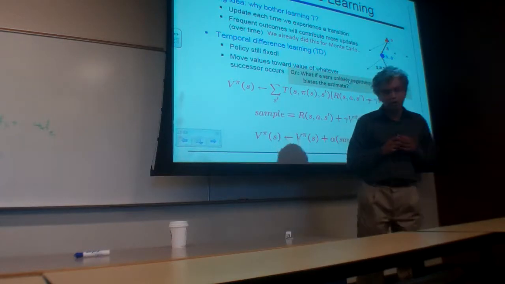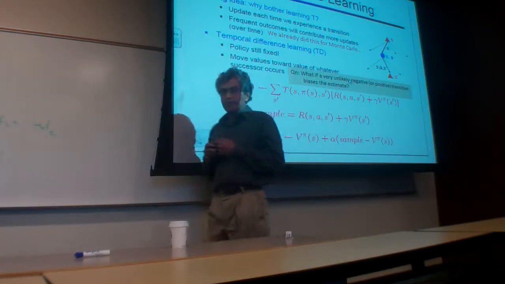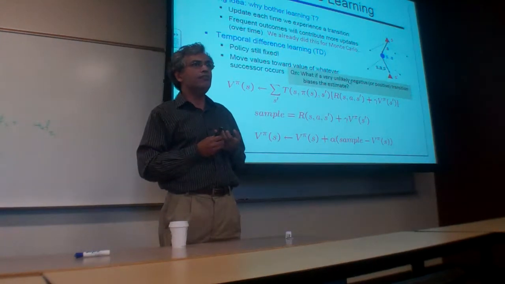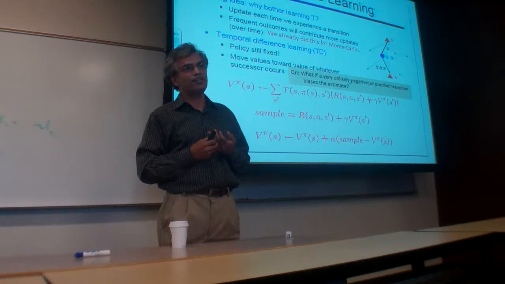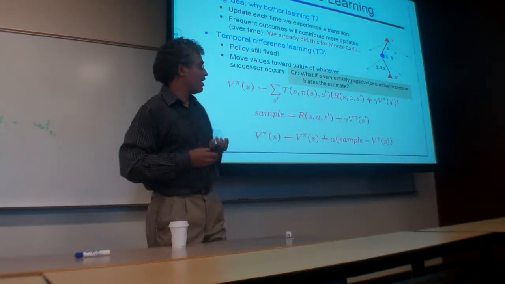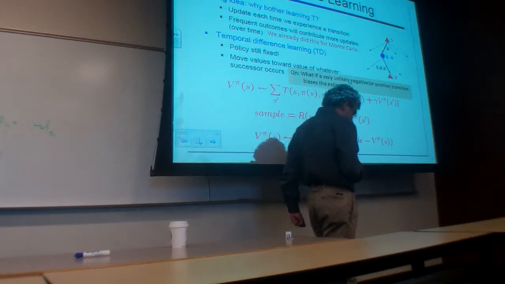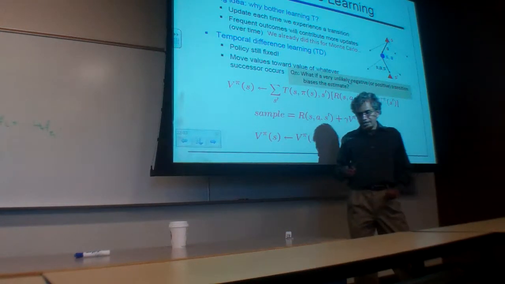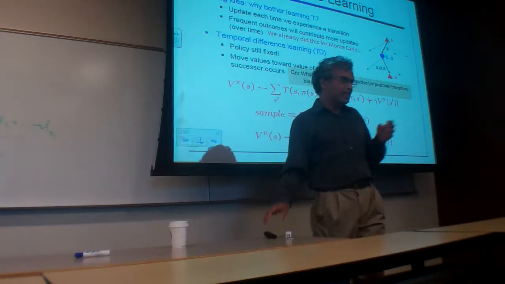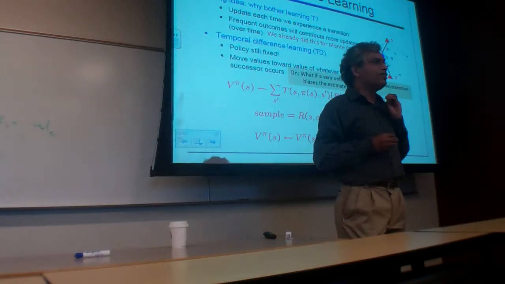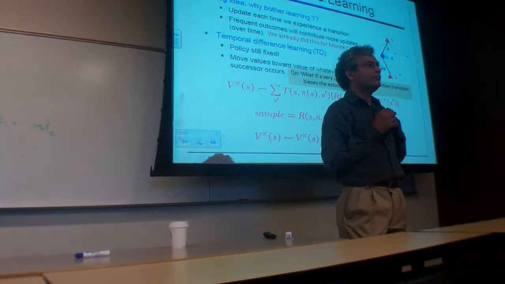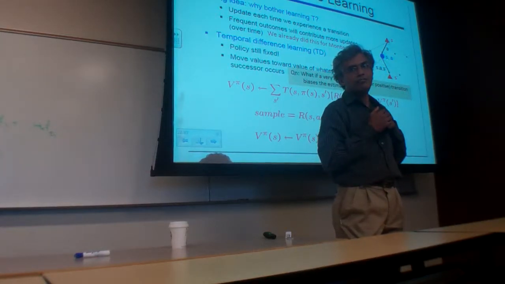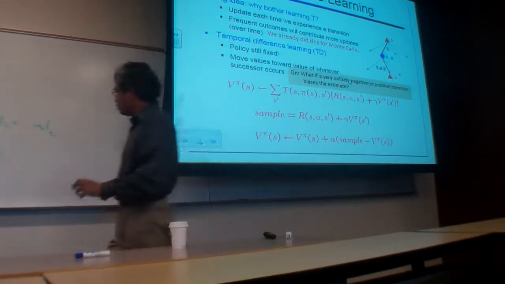Okay? And you are trying to get the value without actually computing the transition function. And all TD basically says is take an action. So it's basically an experience issue, right? Take an action, it will get you a new state, and you get a reward there. Okay, so currently you are in some state,